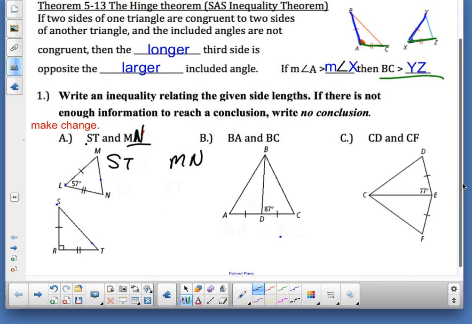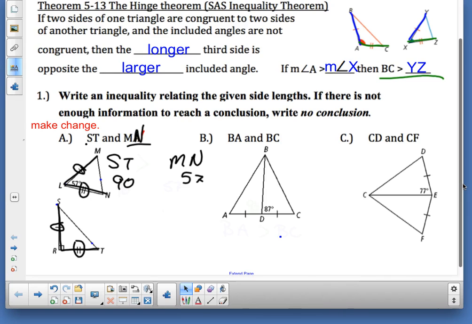How do we tell? First, we notice the restriction on the sides that make our angles. Once we notice that the same sides make the angles we're comparing, we look at the angle values. 57 is across from MN. 90 is across from ST. And some people go, where did 90 come from, Bloom? So you see that the perpendicular lines make right angles, and right angles are 90 degrees? Well, that's what we're doing.